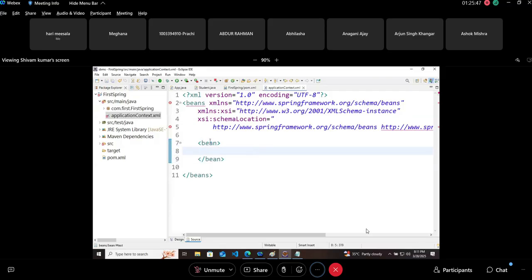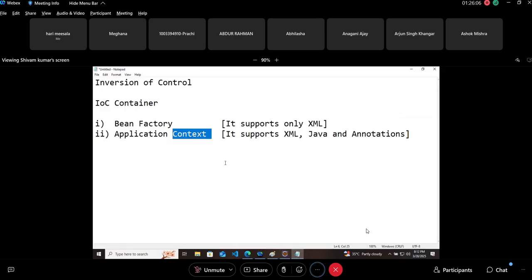Just give a small attribute, class equals to whatever your class name is. Here you should write the fully qualified class name, and a fully qualified class name always contains package dot sub package dot class name.